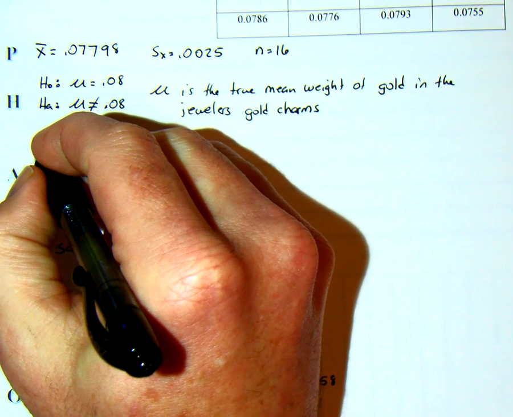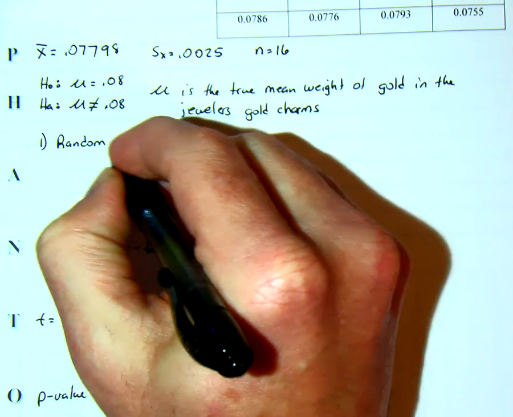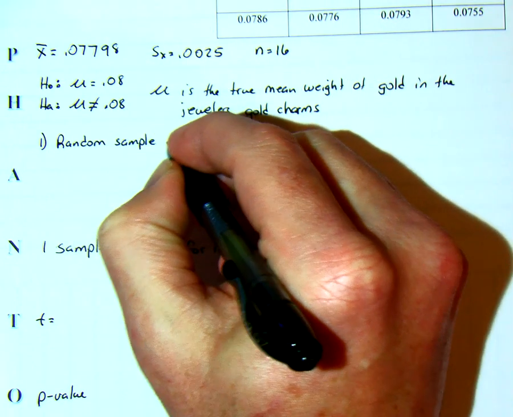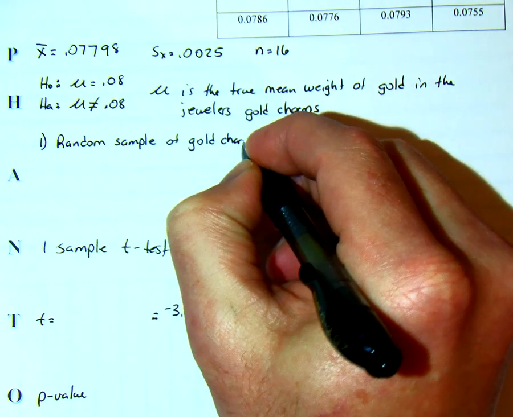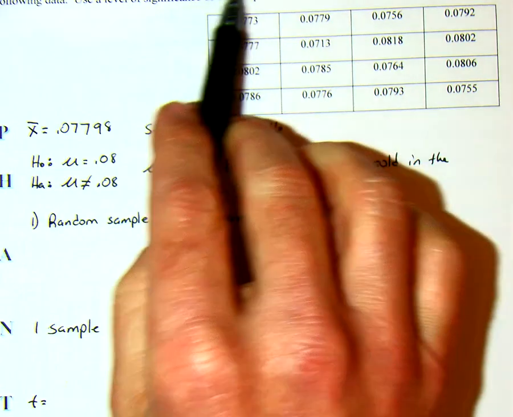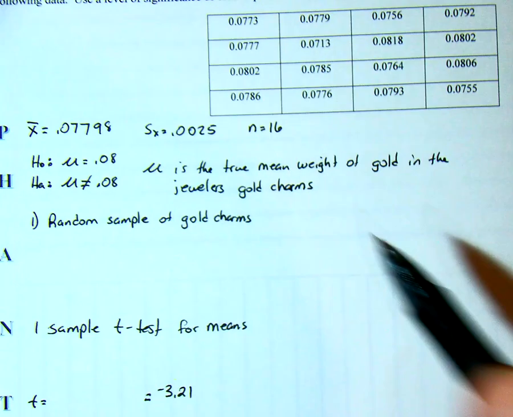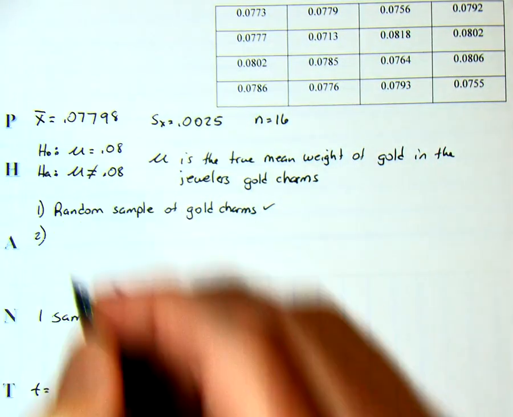We've got some space. So the number one assumption typically is going to be a random sample of my population, which is gold charms. Do we have that? To test to see if the pieces contain 0.08, he made a random sample of 16. So therefore we have a random sample. That's good to go. Number two,